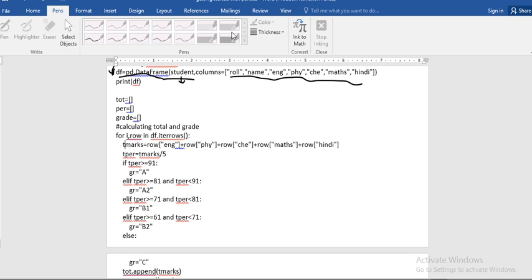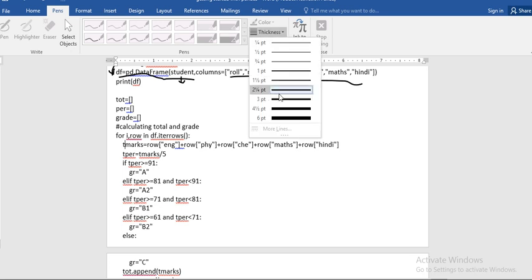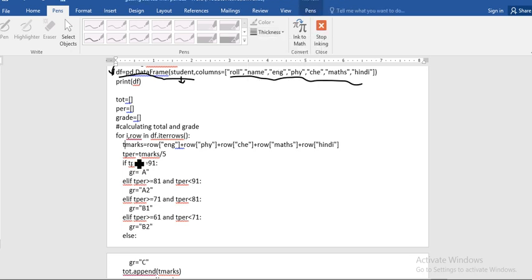So in the next line, tmarks is another variable where row means the row when the value of i is 0, meaning the first row. Then row of English means the marks of English.